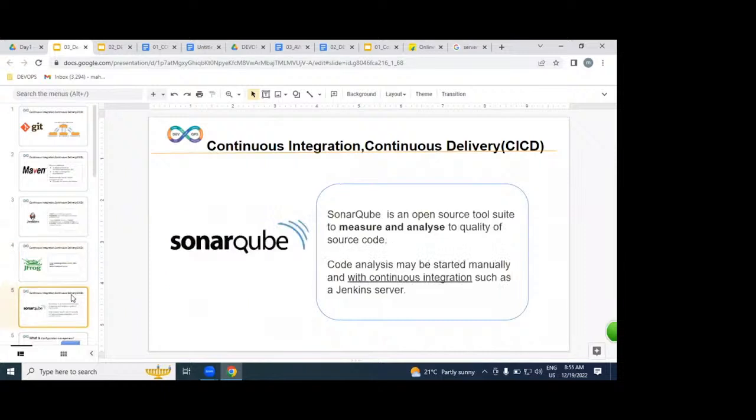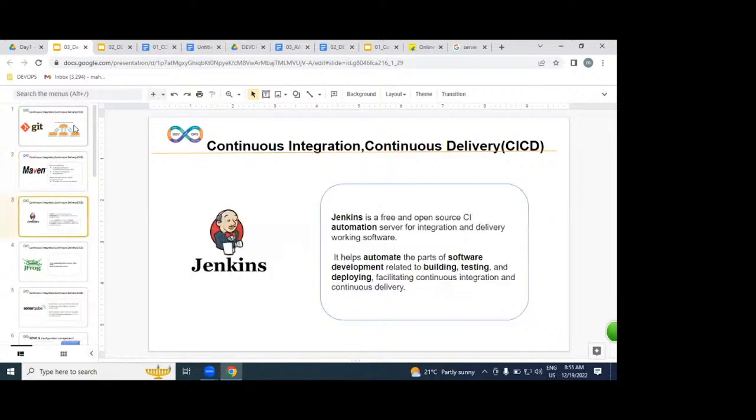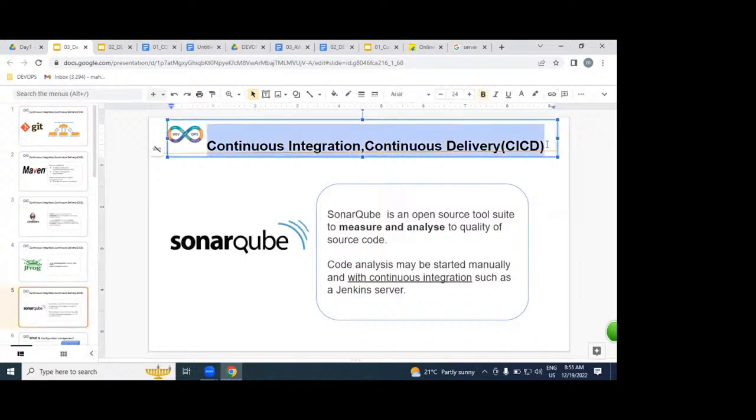It is an optional tool, but we are going to discuss it. By using SonarQube, whether developers are following standards or not, it will verify and give statistics and reports. So which tools are these? Git, Maven, Jenkins, JFrog, SonarQube. We are going to implement the CI/CD process.